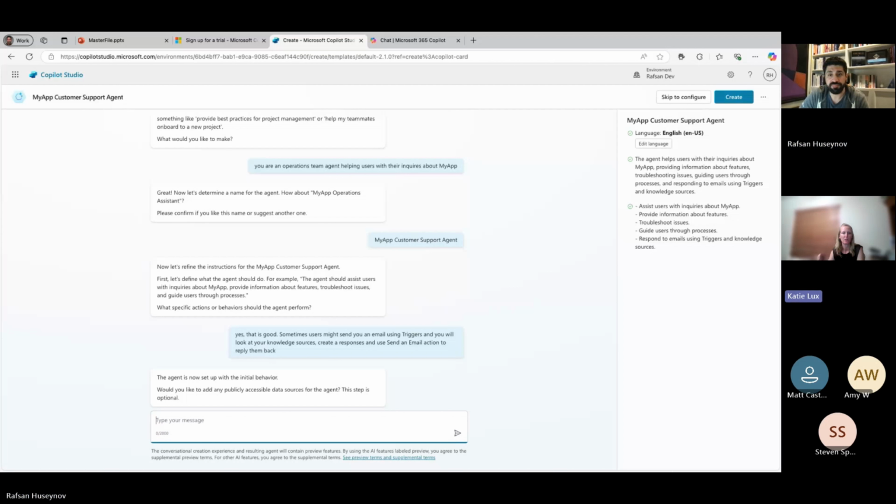I'm looking at how you're prompting it, and if I'm new to the Power Platform, how would I even know to use words like trigger and send an email action? So if you are first time in Copilot Studio, probably you will not need to build autonomous agents, because right now I'm trying to build autonomous agents. So that's why it's important to understand those concepts and features and be clear, because you might have multiple complex features within one solution. So agent needs to know each of them, their names, their description, so that it can